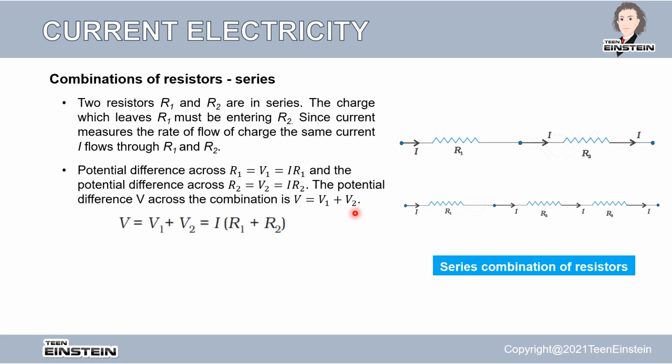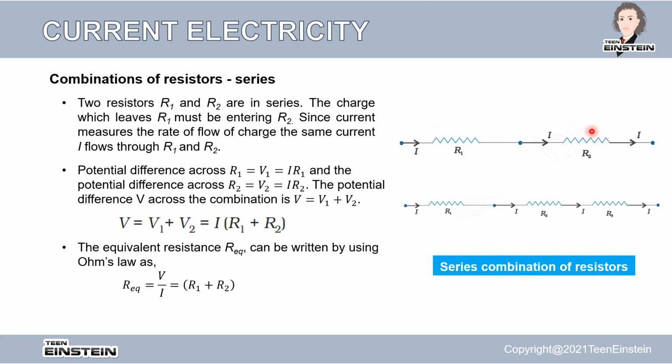Now we know the equation for V1, which is I R1, and we know the equation for V2, I R2. Let's take I outside. Then we will get V equal to I multiplied by R1 plus R2. Now let's bring this I to the left hand side. Then we get R equivalent, that is the equivalent resistance of this whole combination, which is equal